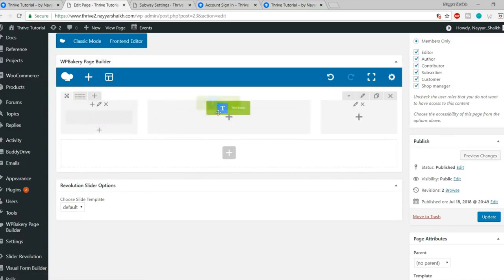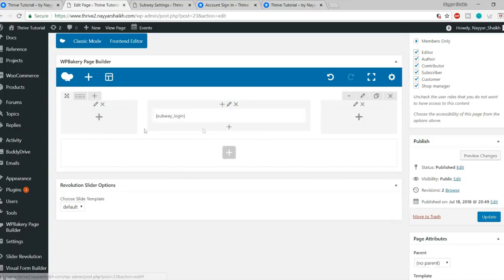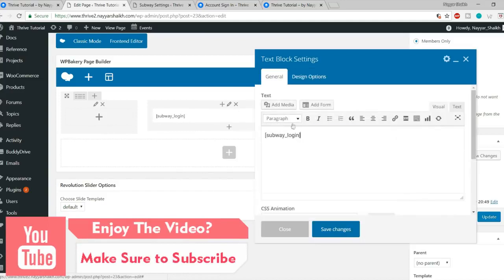Now drag this text block and bring it under the center one. What this will do is it will give this 1/4 section from both the sides, and it will make it blank because we don't have anything inside that. So these two sections will be blank, and we will get a gap from both the sides. Now if you want to add some text at top, you can click on this pencil button